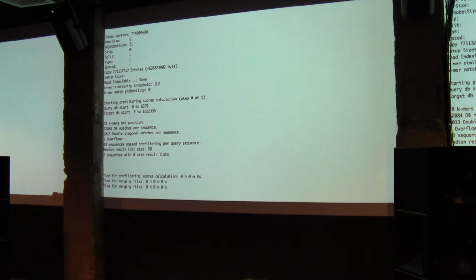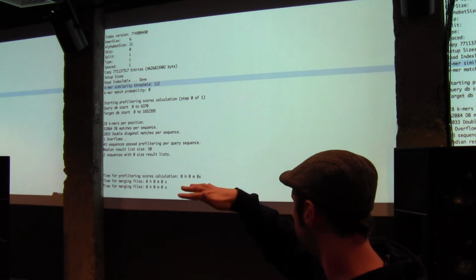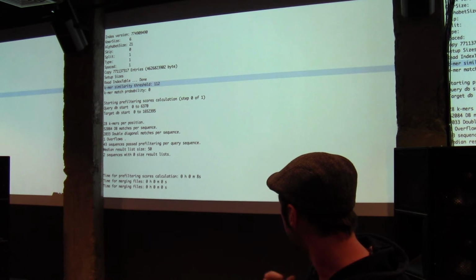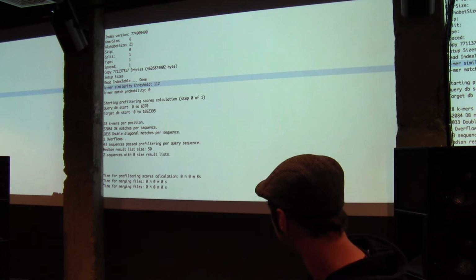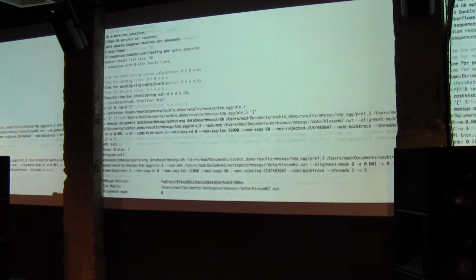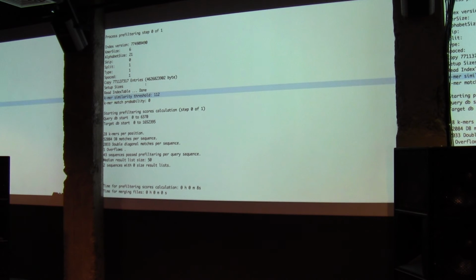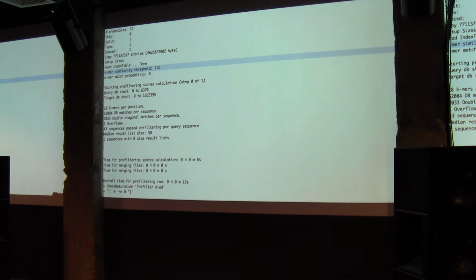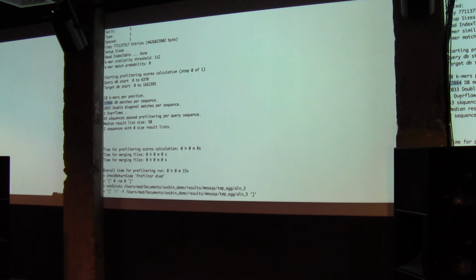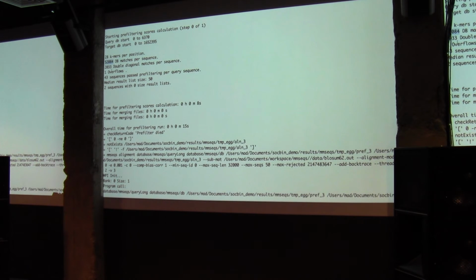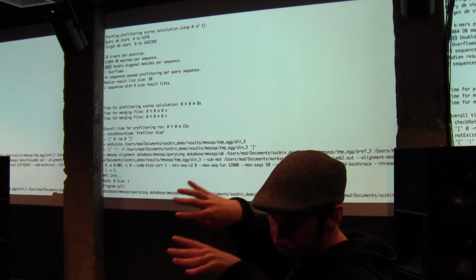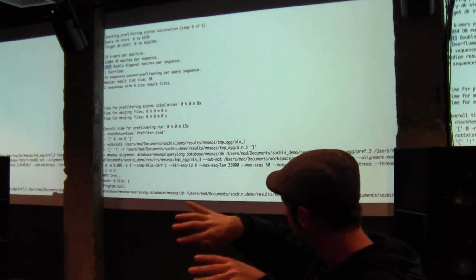What you also can see here, actually from the output, maybe quite interesting, MMseqs now produces around 112 k-mers per position. So per residue position in the query, we roughly create this amount of k-mers, which we then match in the index. And now we compute the alignment. What else is interesting to see here? You can then see on average some statistics, how many database matches you have, how many double diagonal matches you have. Johannes was talking about that we want to have two hits on one diagonal until we accept this as a hit.